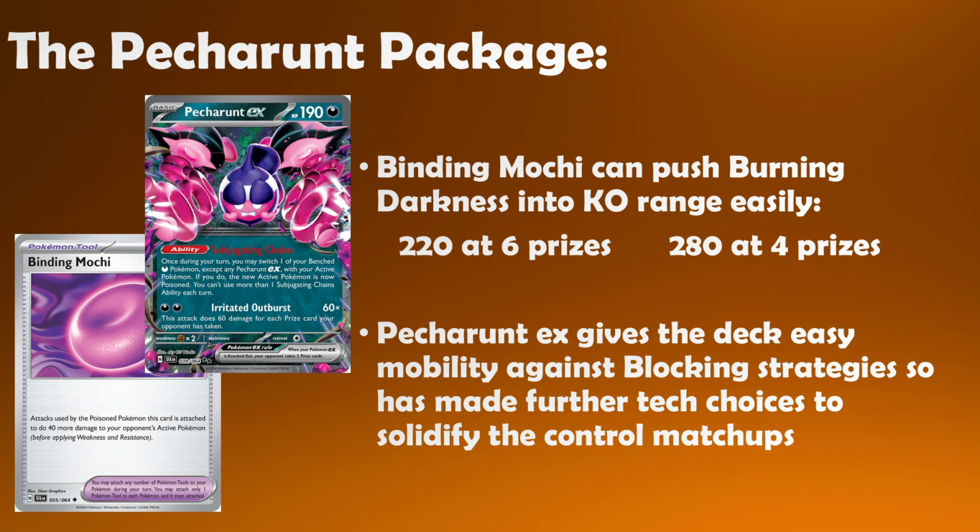Now, I haven't actually seen many murmurings around this combination, but I do think there are a couple really big selling points around this package. The new Binding Mochi tool combines really nicely with the subjugating chains of the Pecharunt, so that we can poison our Dark-type Terrestrial Charizard EX and really improve that Burning Darkness math. If your opponent hasn't taken any prizes, you can still deal 220, which is still that crucial threshold for the